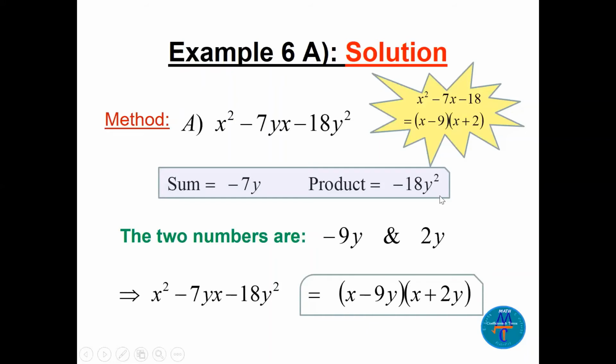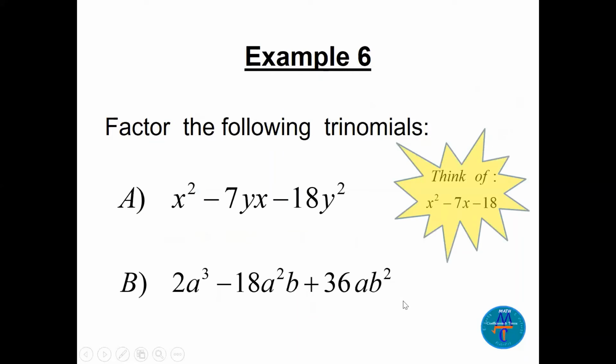Very similar. All right. Can you try the second one, please? 2a cubed minus 18a squared b plus 36ab squared. Try this one, please. Now, if you have finished,